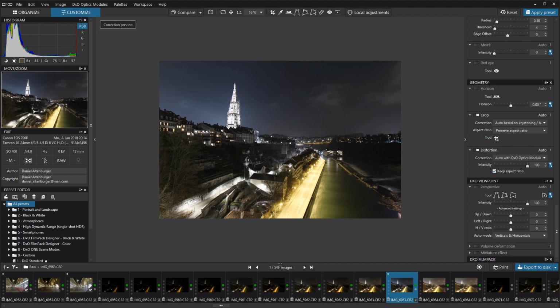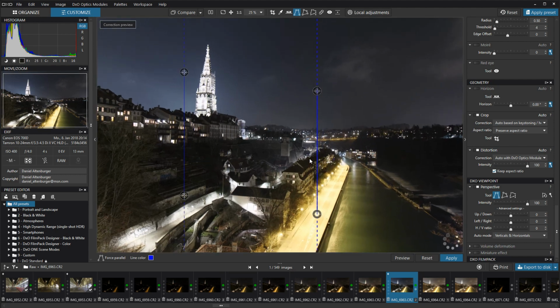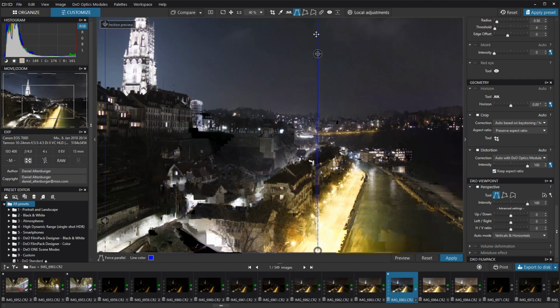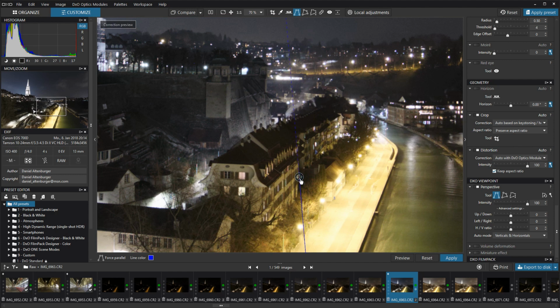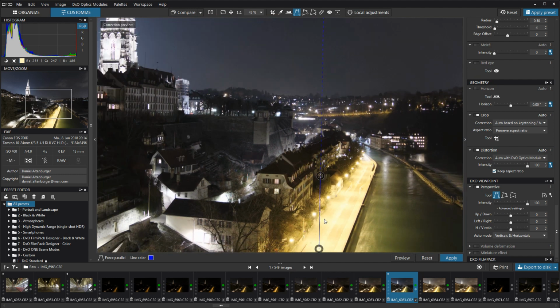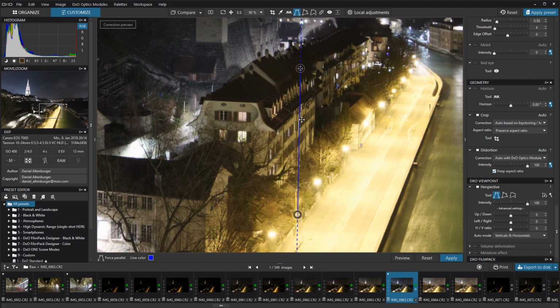The last step is perspective correction with the DxO Viewpoint plugin. You can see now that this is a really simple process. If you click on the tool, you get two lines which you can use to mark vertical lines that aren't straight. In this case we have the right side, which is already alright, but to make sure we mark a vertical line here,